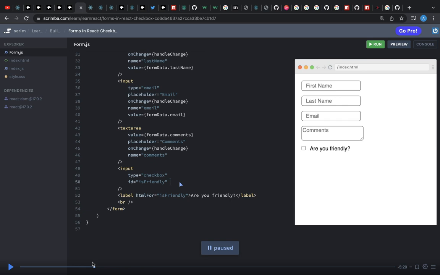Now there's an ID also for the input. In plain HTML, you're probably used to using just for, but if you were to look under the hood at the underlying DOM element, it's really called htmlFor. That's the JavaScript property for that element. Anyway, that's a digression. So now we have a checkbox that asks the person if they're friendly or not, and we want to maintain